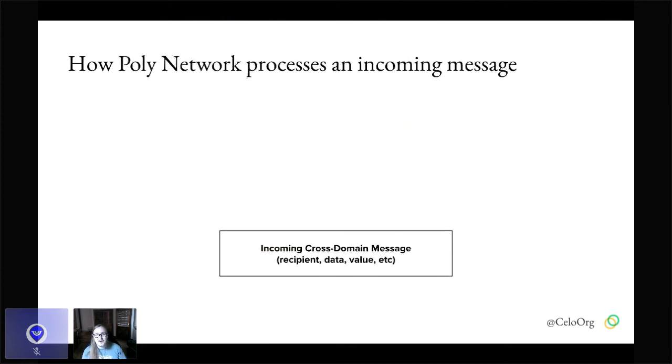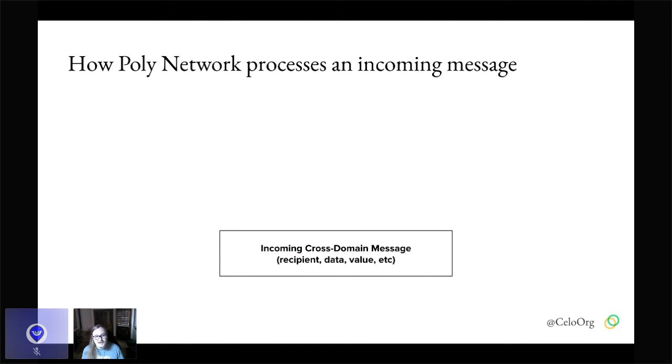by talking about how Poly Network processes an incoming message. So we have this incoming cross-chain message. It says, what is the smart contract it's supposed to go to on Ethereum? What data should be given to that smart contract? How much value should be sent to that smart contract, et cetera, et cetera. This is signed by the Poly Network Oracle. So essentially just some guy out there is signing this. That guy hasn't tried to steal anything yet, but it's just running on a node in some computer in the